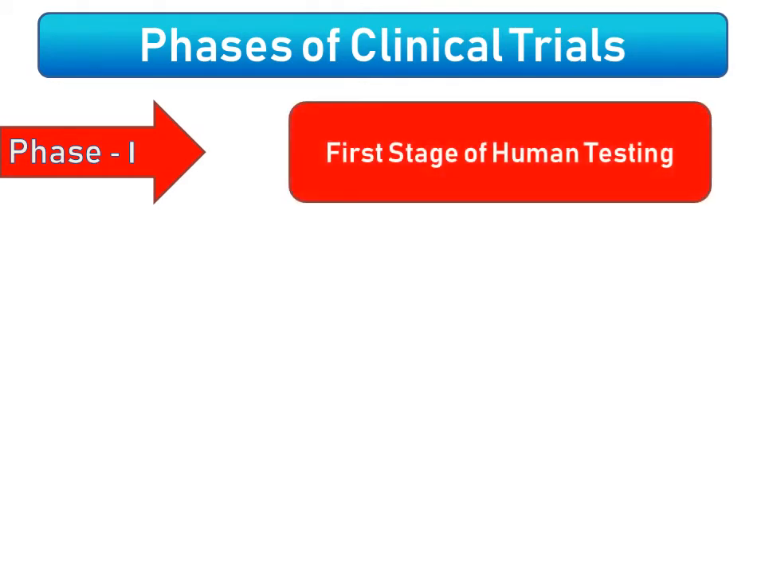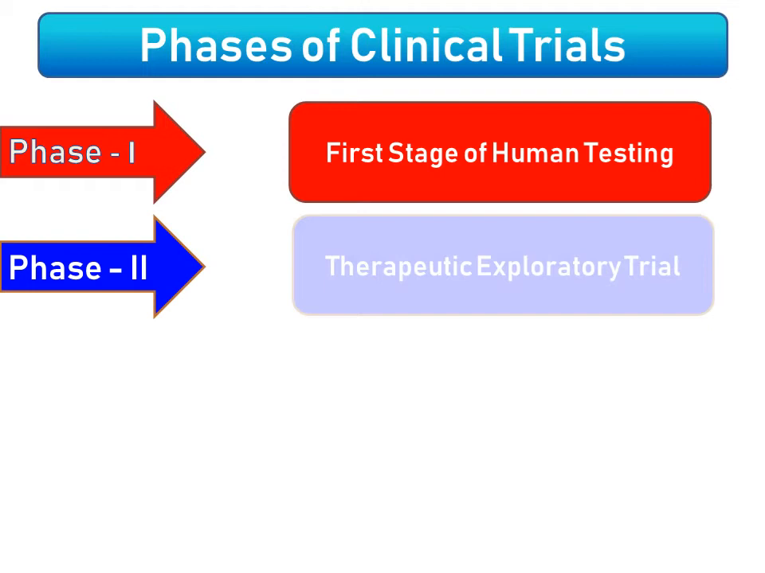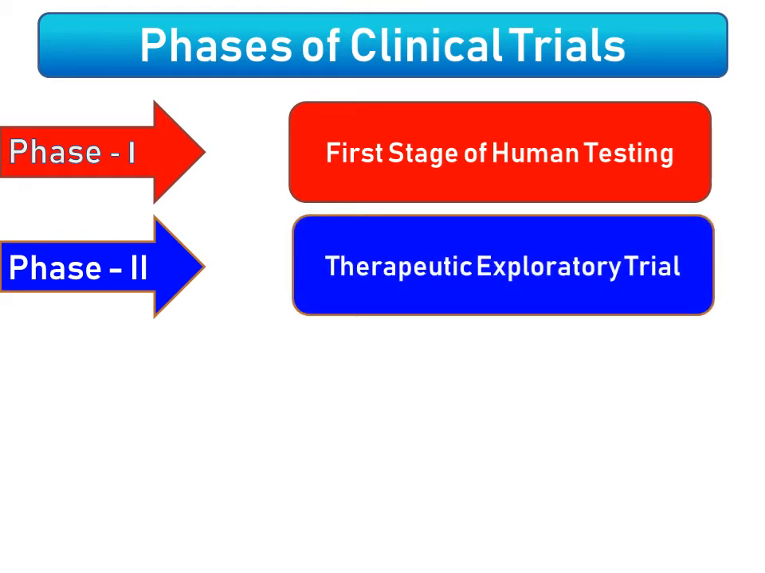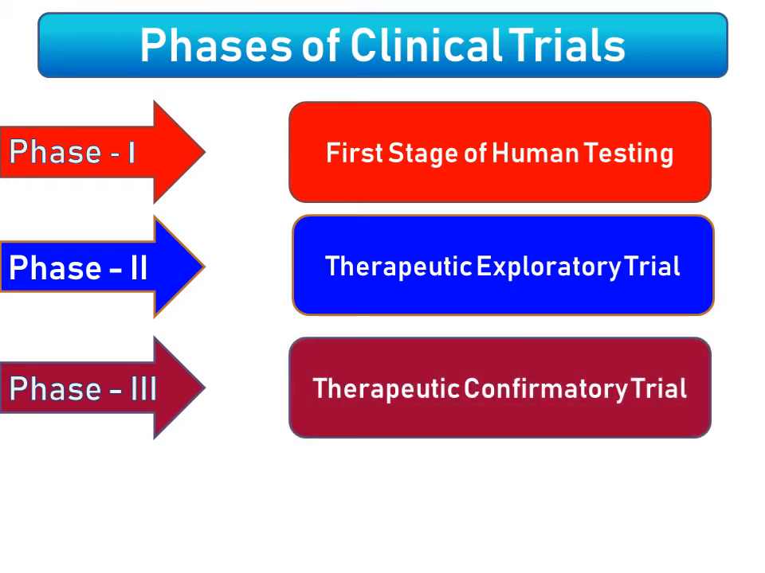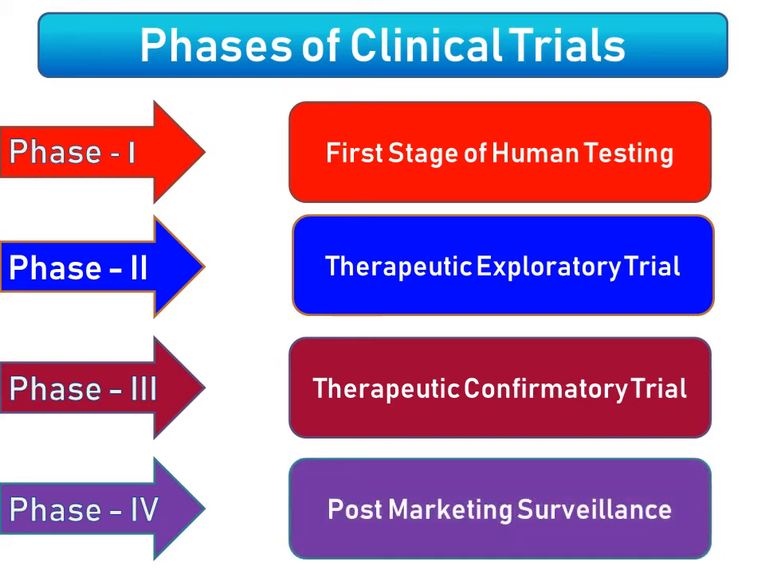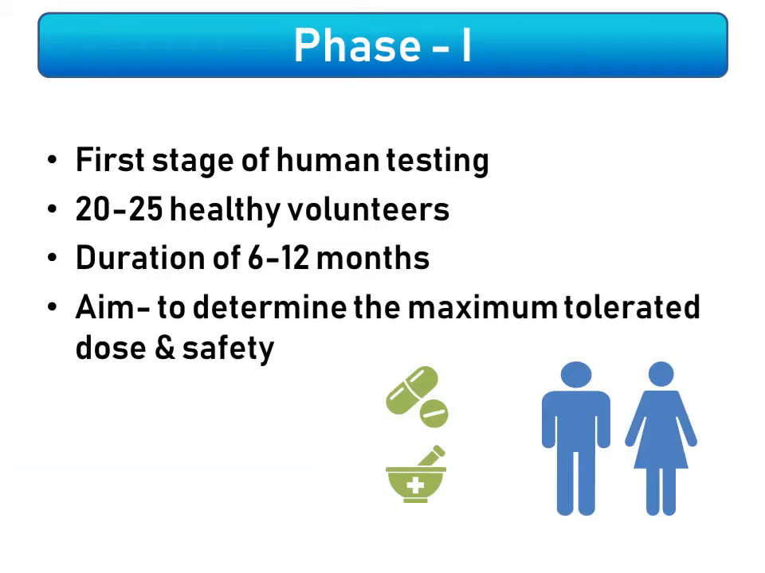phases of clinical trials. Mostly the phases of clinical trials are phase 1, the first stage in human testing, then phase 2, a therapeutic exploratory phase, then phase 3, the therapeutic confirmatory trials, and phase 4, that is post marketing surveillance. So phase 1 is the first stage of human testing, in which near about 20 to 25